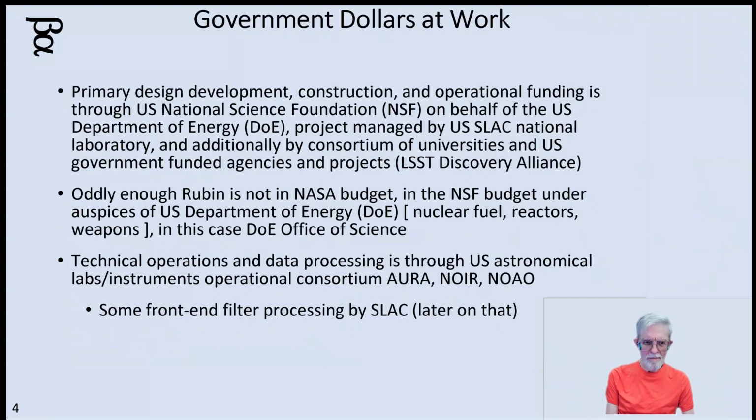So how did this come about? Well, there is a part of the U.S. government called the National Science Foundation, or the NSF. This runs all of the U.S.'s scientific research labs. And there's another group called the Department of Energy. These are the people that work with particle accelerators and nuclear power, nuclear weapons, that kind of thing. But they also have a science office that does non-militaristic kinds of things. And so the joining of the NSF with the DOE pushed forth the creation of the